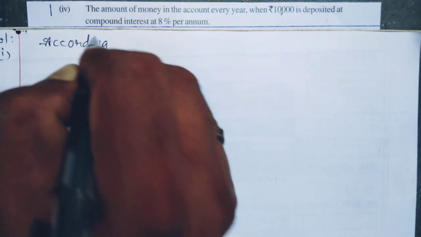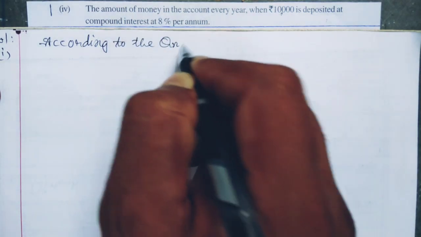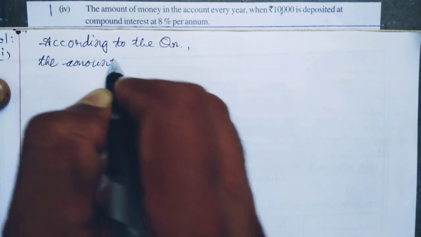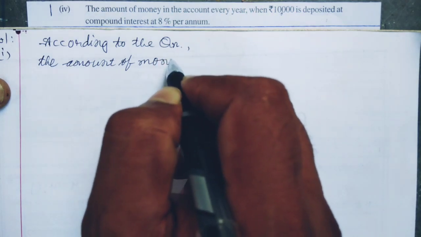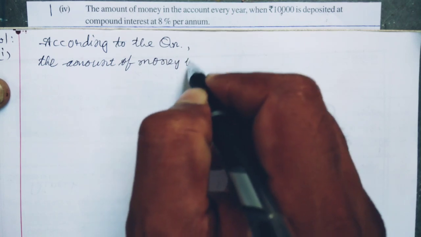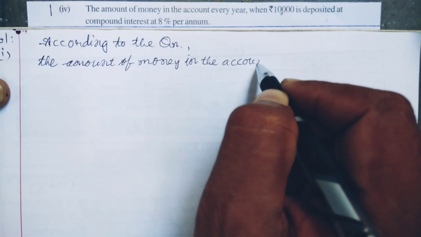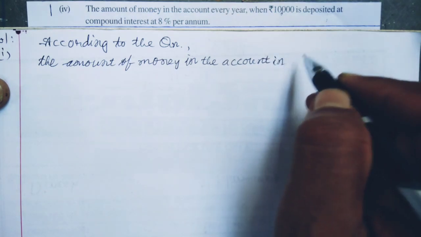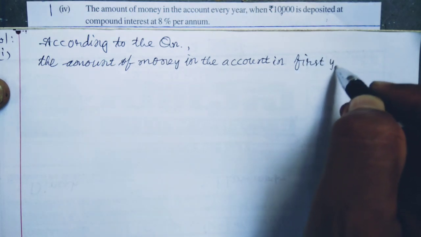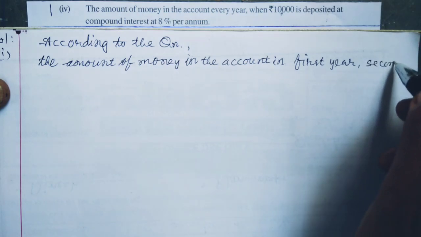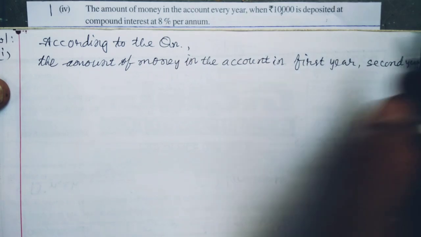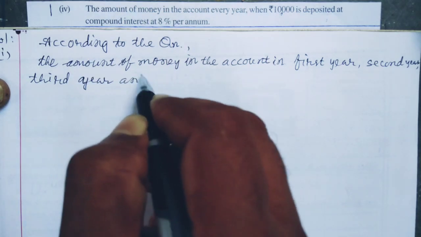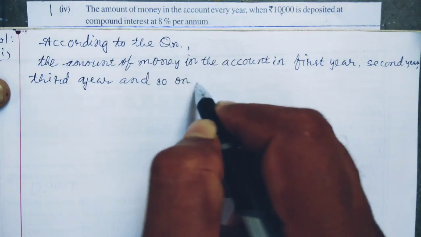According to the question, the amount of money in the account in first year, second year, third year, and so on, are respectively